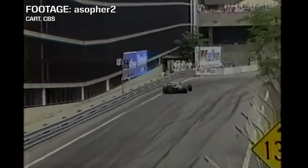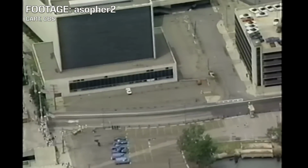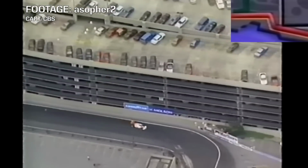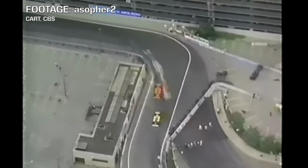Once you've completed the hairpin successfully, or at the very least got out of it moving in the right direction, the drivers are greeted with a second tunnel, a much longer tunnel this one, known as the Goodyear Tunnel. The turn 16-17 complex follows a very tight portion of track which is pretty much a chicane in slow motion. If I'm being honest, it's hardly a chicane at all, it's just two really tight corners, separated by not much